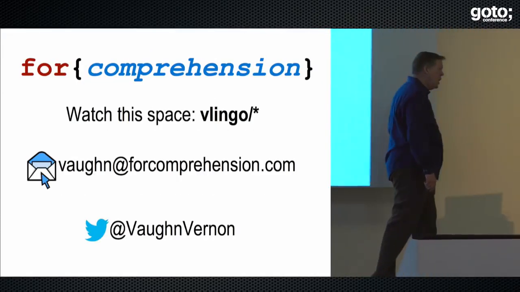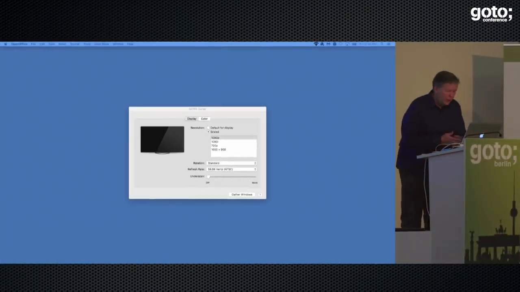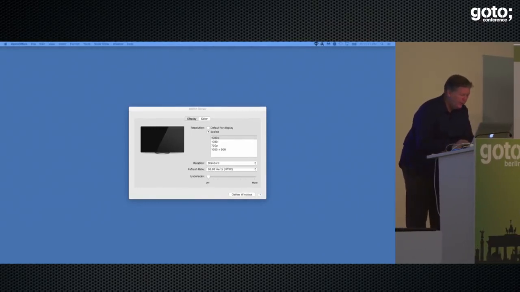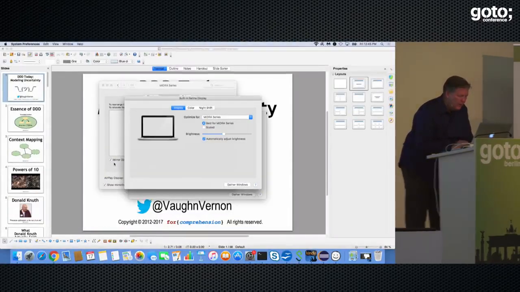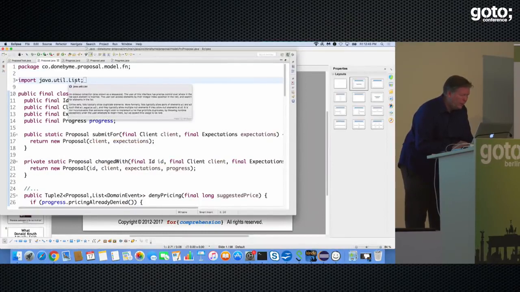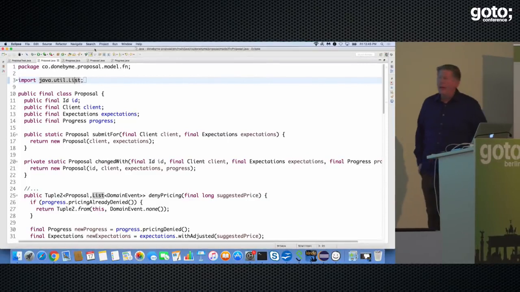Okay, what I want to do now is I'm just going to switch gears a little bit here and show you some code. And I think I have at least 5 minutes, or I probably won't take 5 minutes, but okay. So in this source code, I have some Java code that